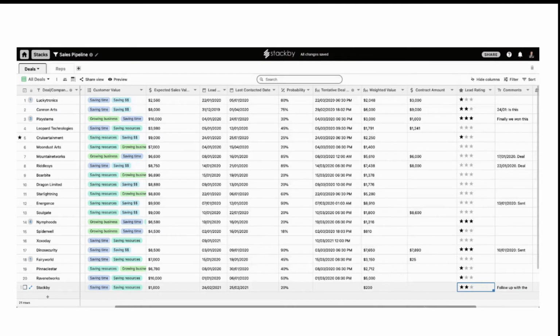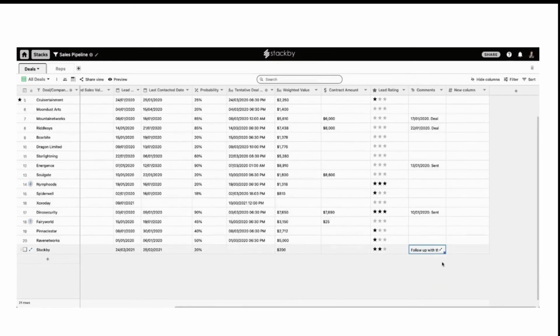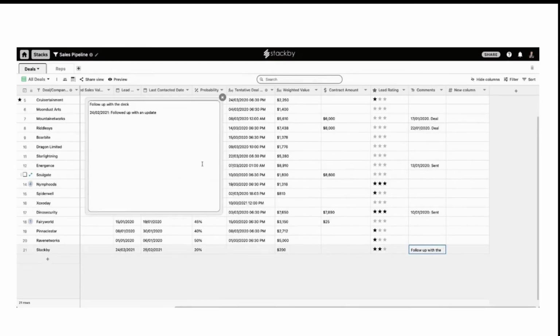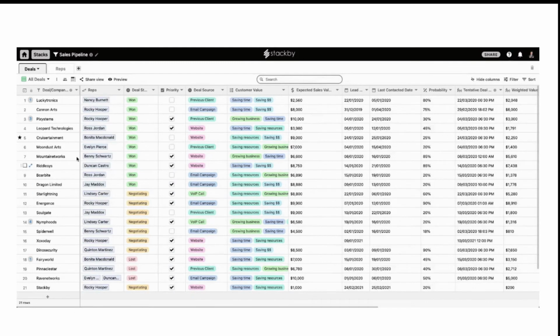And I can add comments, updates, and dates in the comment section. I can even expand this record and use it as a big text box. So this is how you can manage all your deals and bring them into a single place.